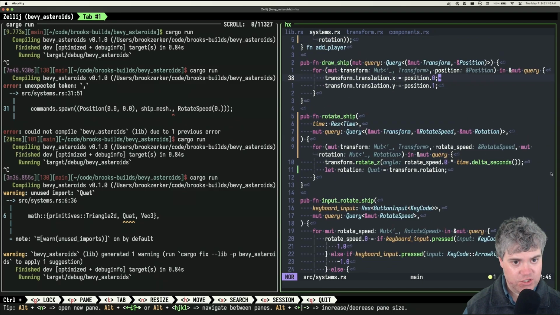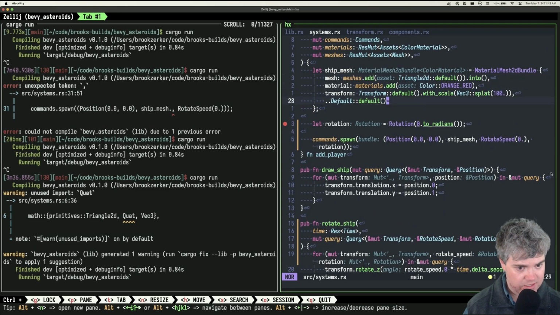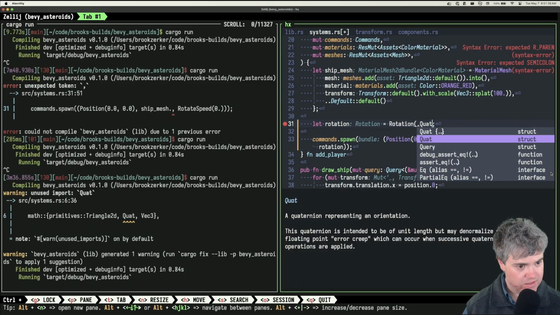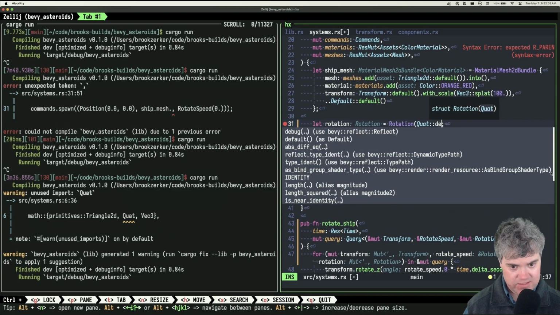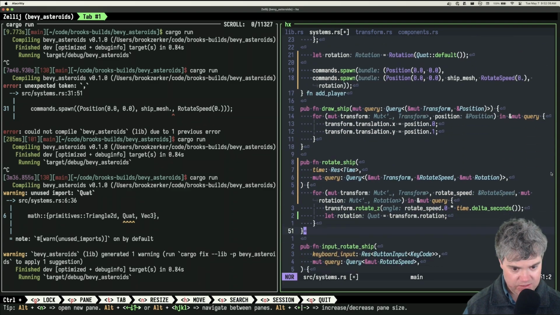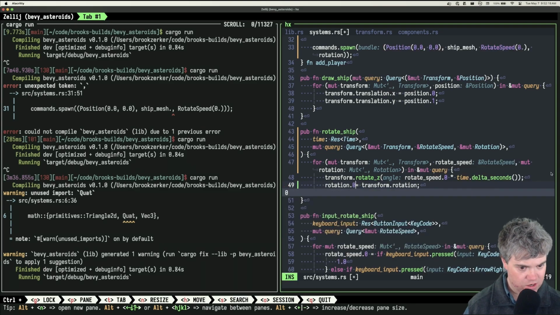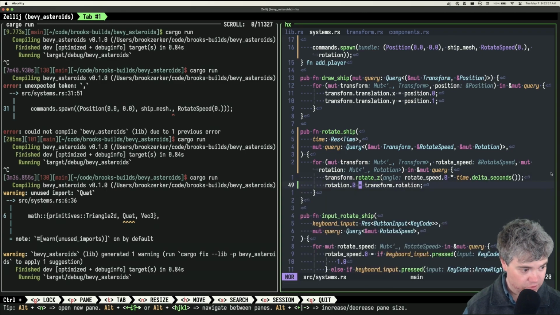When I create the ship with the rotation, you have to be a quat default. And then when I rotate, we're going to say rotation.0 equals whatever the rotation is right now. So we've updated that. So theoretically, we still now have what that rotation is. Okay, good.